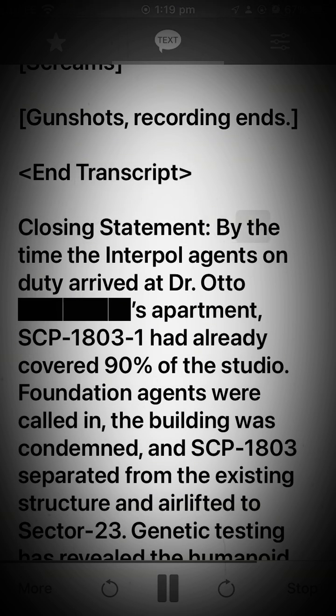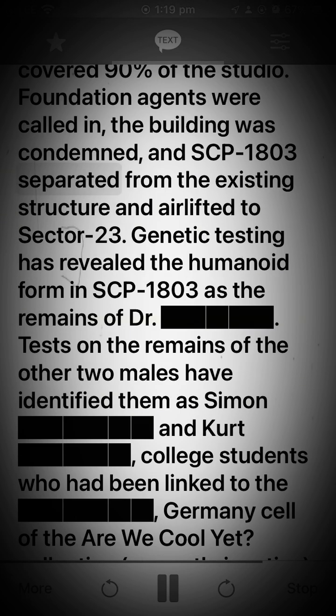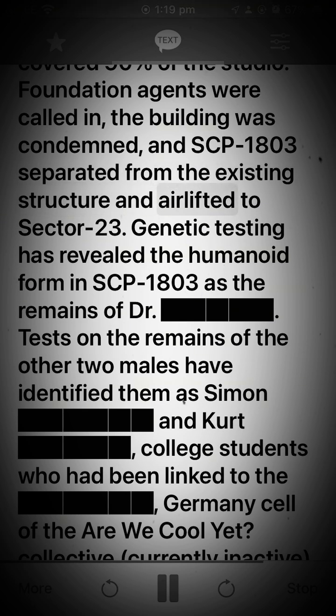By the time the Interpol agents on duty arrived at Dr. Otto S.'s apartment, SCP-1803-1 had already covered 90% of the studio. Foundation agents were called in, the building was condemned, and SCP-1803 separated from the existing structure and airlifted to Sector 23. Genetic testing has revealed the humanoid form in SCP-1803 as the remains of Dr. Dart. Tests on the remains of the other two males have identified them as Simon and Kurt, college students who